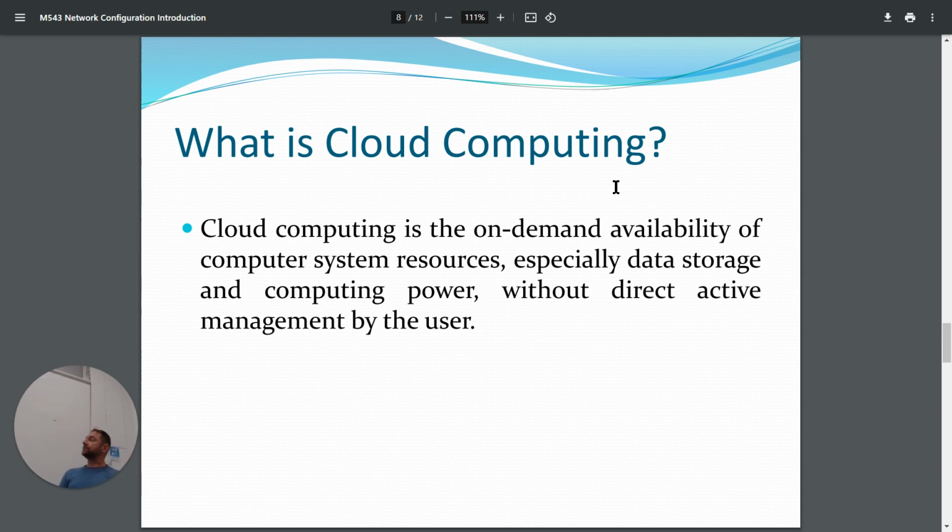So cloud computing, the definition of it, is the on-demand availability of computer system resources, especially data storage and computing power, without direct active management by the user. So essentially it means that you, as a small company, can have an AWS subscription, and you can have some resources in that AWS cloud, or in any cloud solution really, and you can use them without actually having to